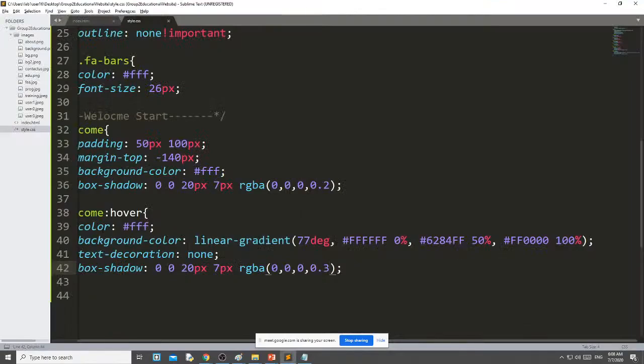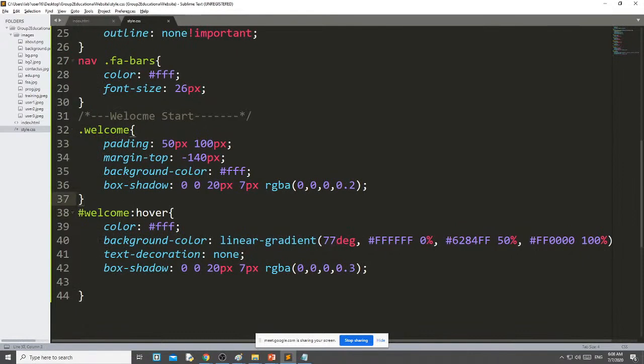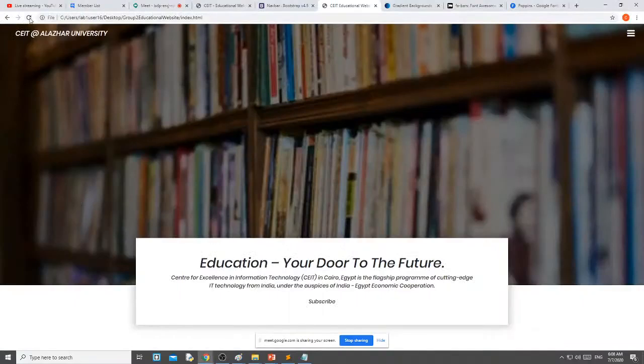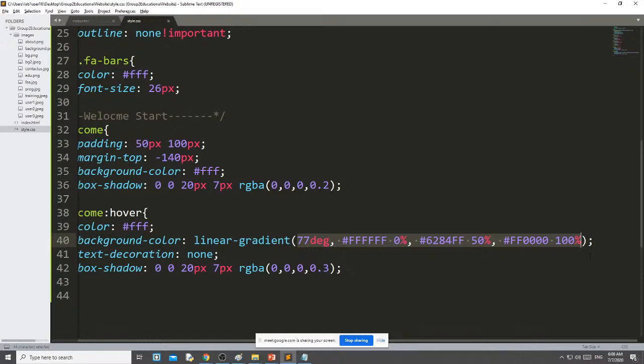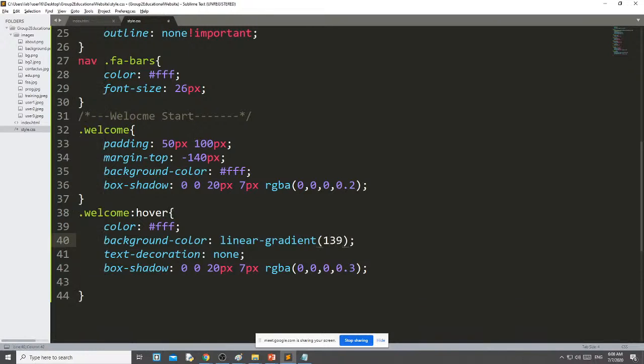Here I have used has welcome. That's why it is taking the complete container. Just use .welcome. Why is it not coming in that color? I think this color is not matching. I just use the color 139DG, has FA8BFF, FA8BFF at 0%. This color I want to use at 0%.